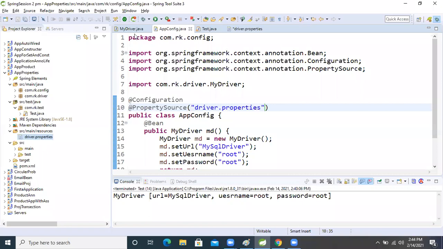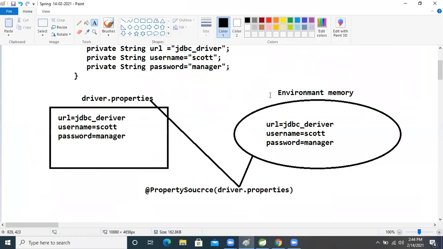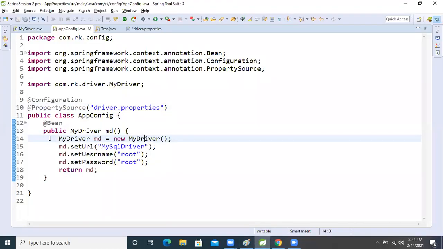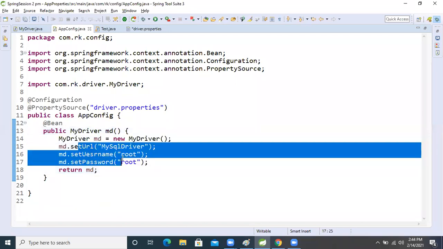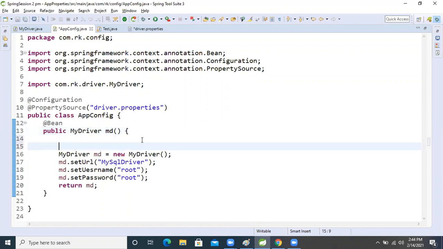This driver name. After that, our Spring will create the environment memory, right? This data will be stored in this environment memory. For that, if we want to read the data inside our class, we will take a private Environment interface.